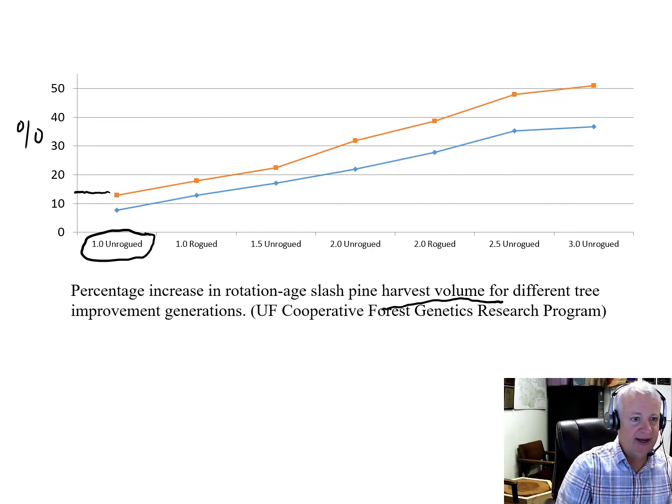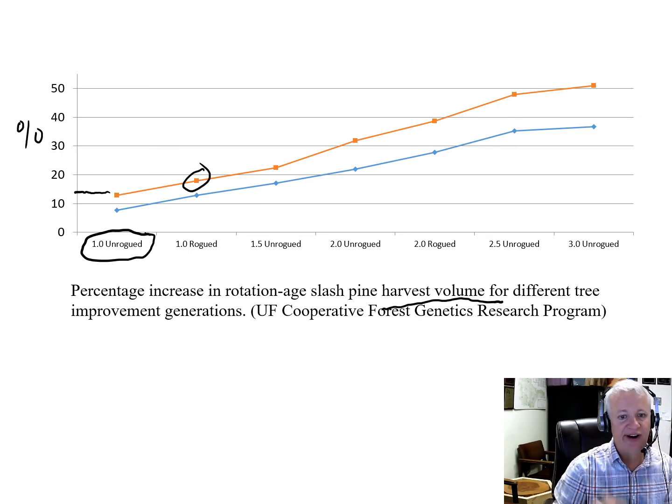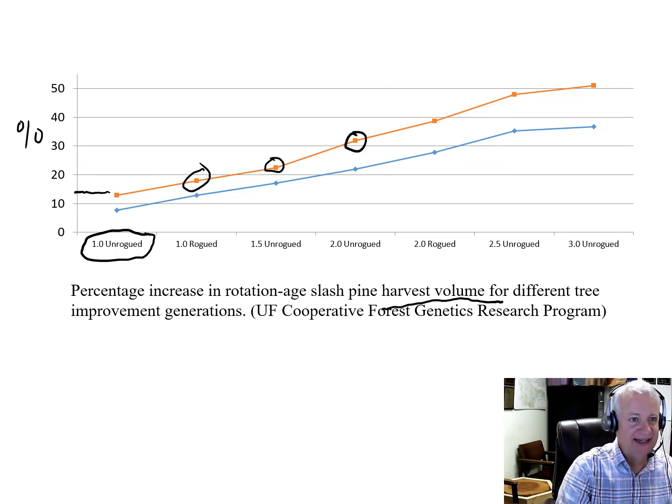But then they went through and did testing and rogued the seed orchard, and that gave them maybe another 3 to 5% improvement by getting rid of those inferior individuals. And then they infused new material into the population, established more plantations with that, got a little bit of improvement, did another cycle of testing and rogued the seed orchard, and they are now at that second generation, 32% improvement